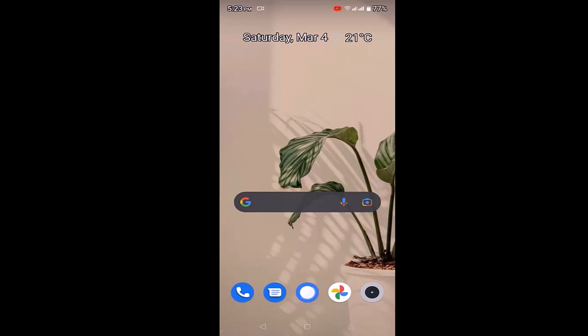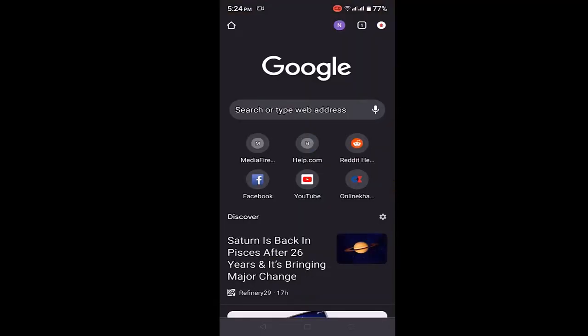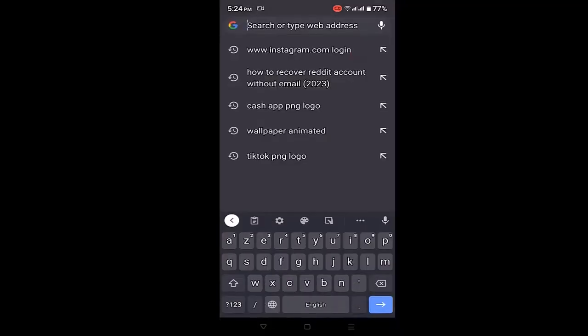So in order to recover your Reddit account, you'll not be able to do it from the application. You'll need to do it from the web browser. So you need to open up any web browser that is convenient for you. As for this video, I'm going to go with Google Chrome. And once you open up your web browser, on the search box, you'll need to type in